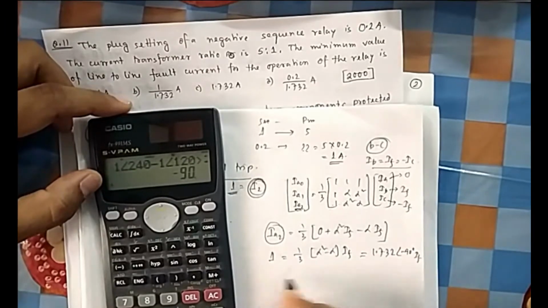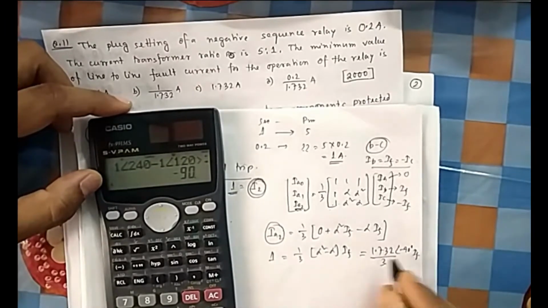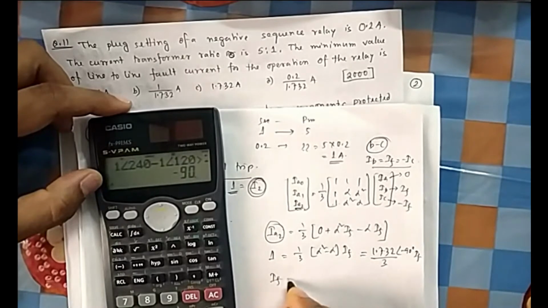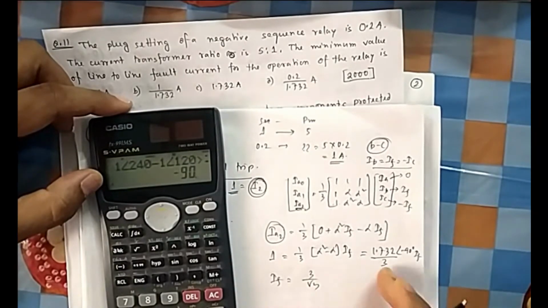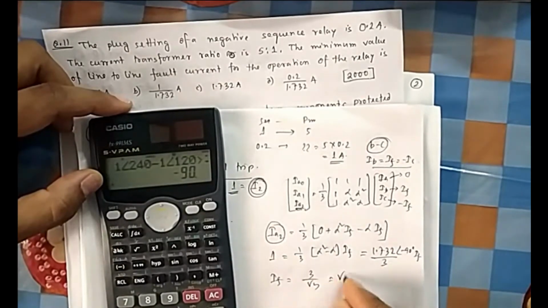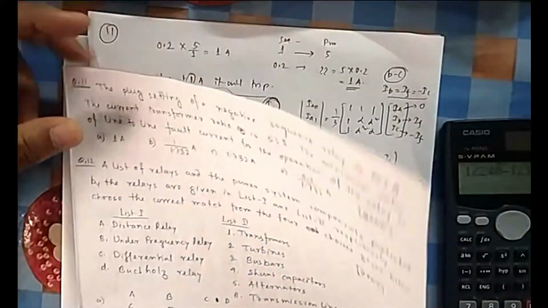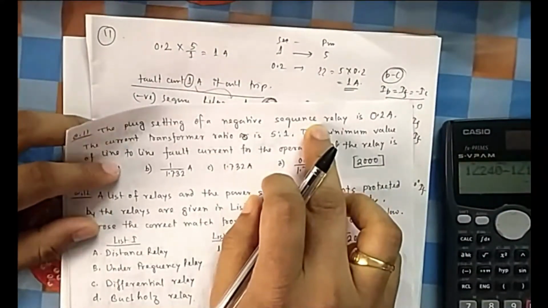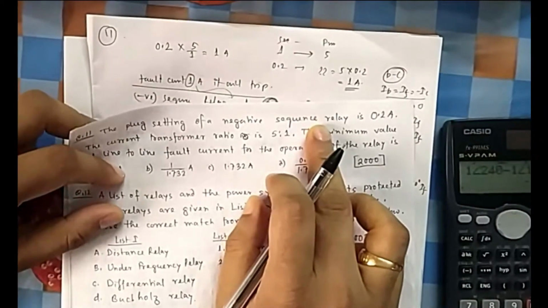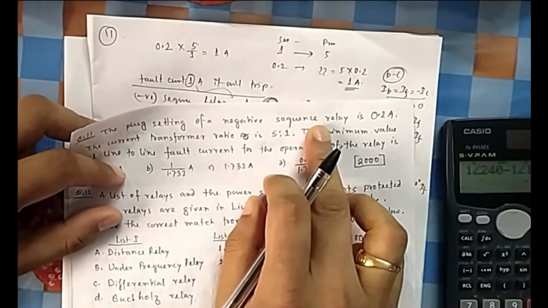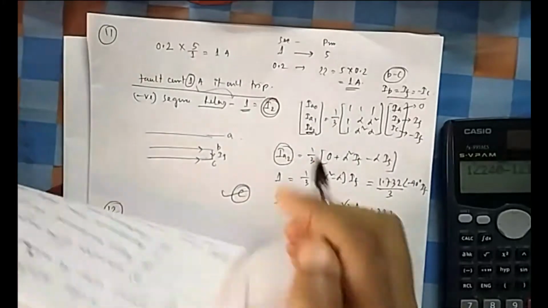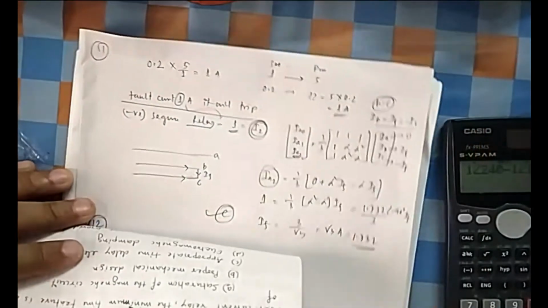So what will be your If, divided by 3? 1.732 is nothing but root 3. So your If is equal to 3 divided by root 3, which is root 3 ampere, which is 1.732. Option C. So what was the idea? It is a negative sequence relay, so what the relay is measuring is a negative sequence component, not the actual fault current. So whatever current you are getting, 1 ampere, is not the actual fault current, it is the negative sequence component